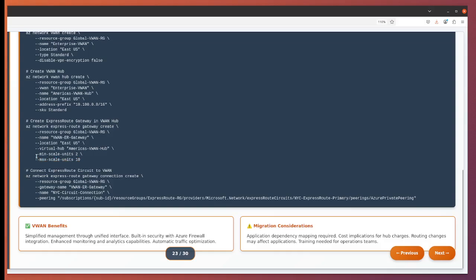Each unit provides approximately 2 gigabits per second of throughput. Starting with 2 units gives 4 gigabits per second baseline capacity that can scale to 20 gigabits per second automatically based on demand. The final command, az network express-route gateway connection create, connects your existing ExpressRoute circuit to the